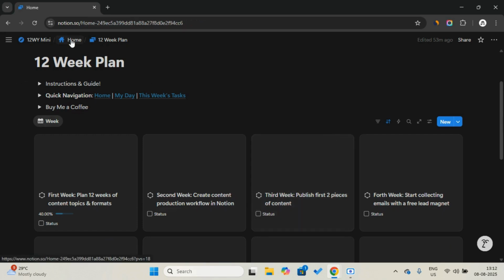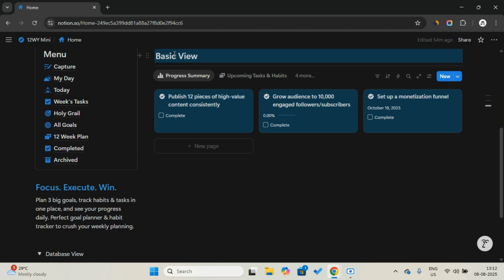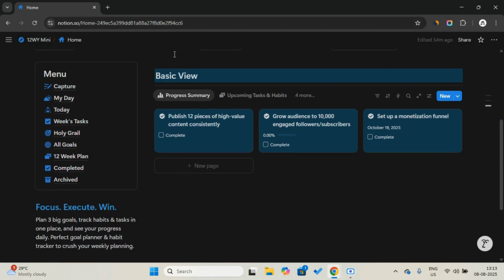Okay, and that's how you can add tasks and habits. And that's how you can add a main long-term goal, and you can add your 3 main goals, and then link those 3 main goals to the 12 weeks and complete that, and then you can link tasks and habits to those 12 weeks and tackle that every day, until you complete your week challenge. Okay, and that's how you can use this 12 week template, and that's how I do it. So this is how you can do it.